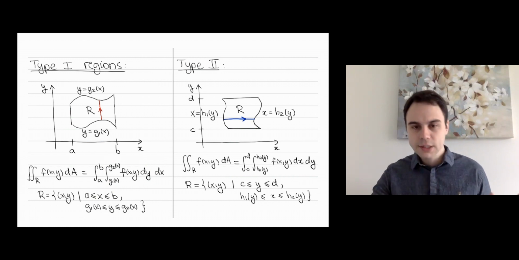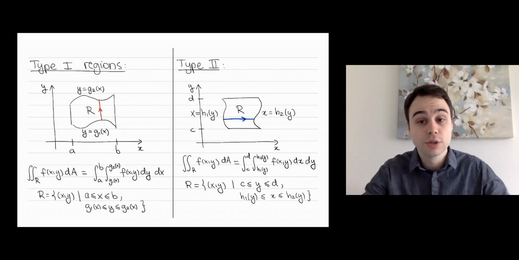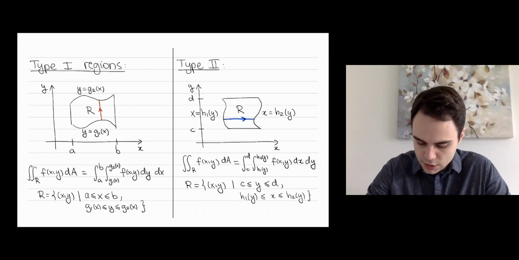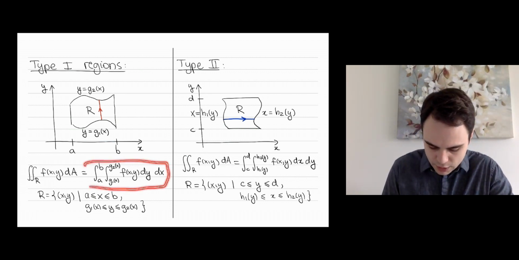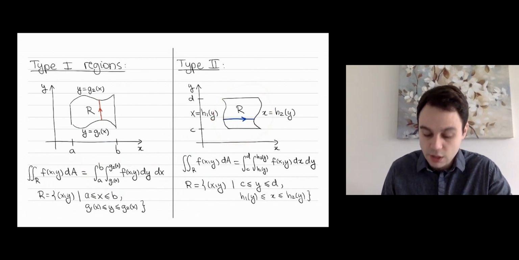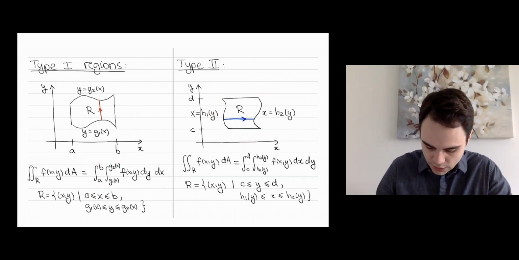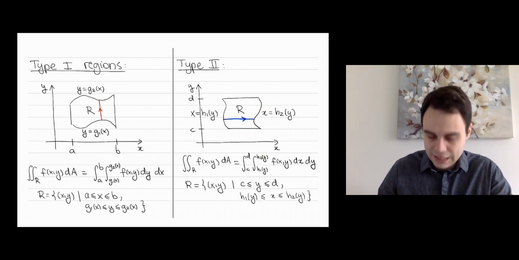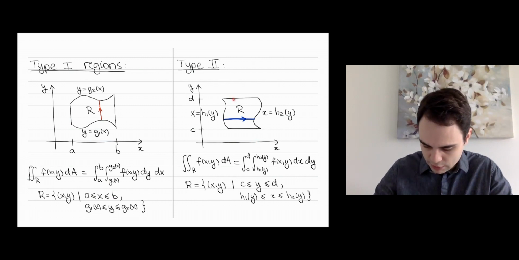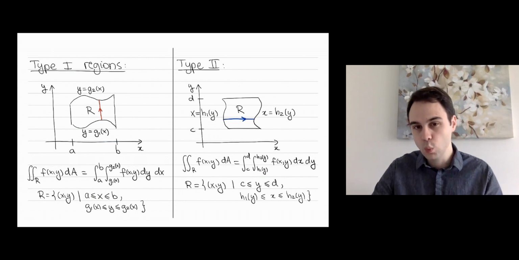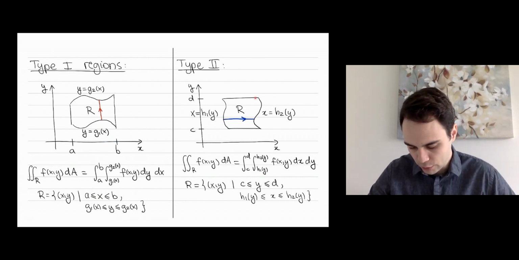Now, let's look at integrals of other types, regions of other types. So here, if we try to use this formula on the region on the right, we end up with a problem, right? I would say maybe the minimum value of x in the whole region is here, the maximum would be here. But the problem is that the inside integral, which is supposed to go over a vertical line segment, wouldn't accurately represent